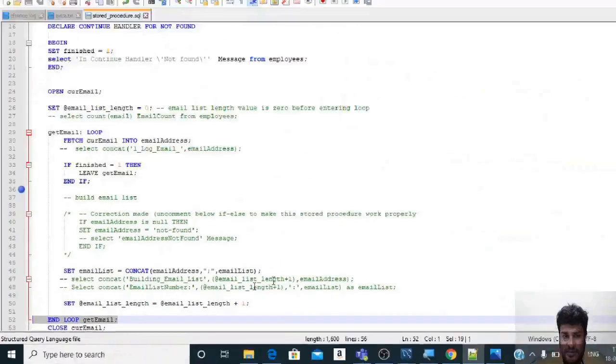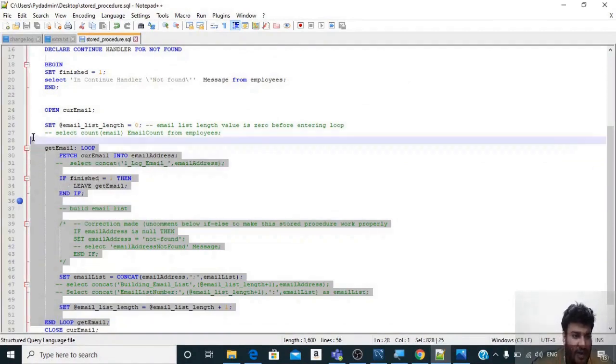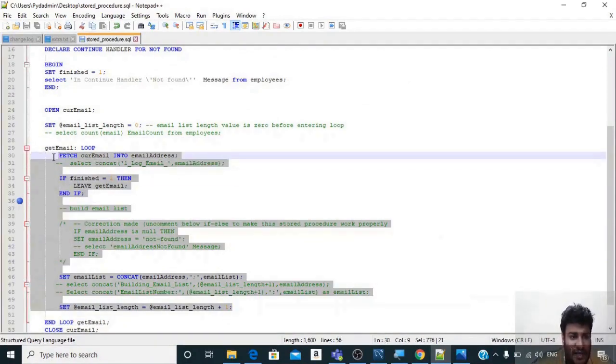and whatever we have between line 52 and 29, so I've selected it, are the statements of this loop. And what exactly is a loop? A loop is something in coding which gets repeated again and again. So all these statements will get repeated.